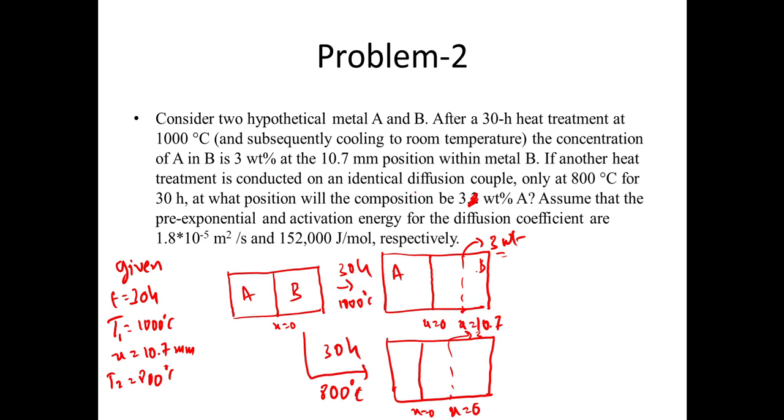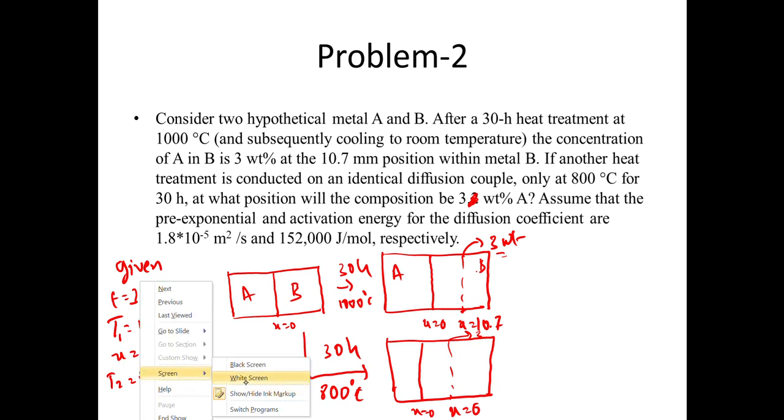Okay, so let's solve this question. First, need to determine the D value at two different temperatures. First step. So the basic equation is D equals D naught into exponential of minus Q by R into T. So at 1000 degrees Celsius,